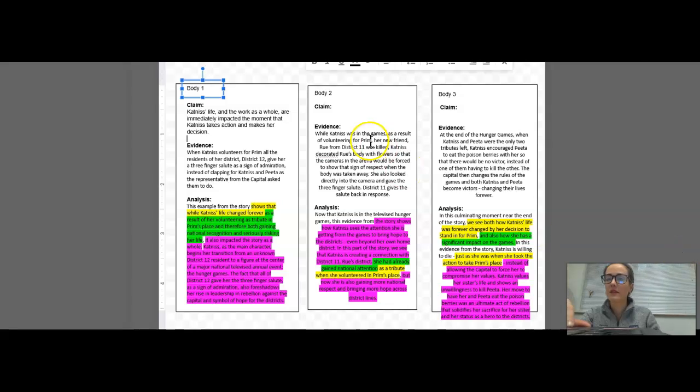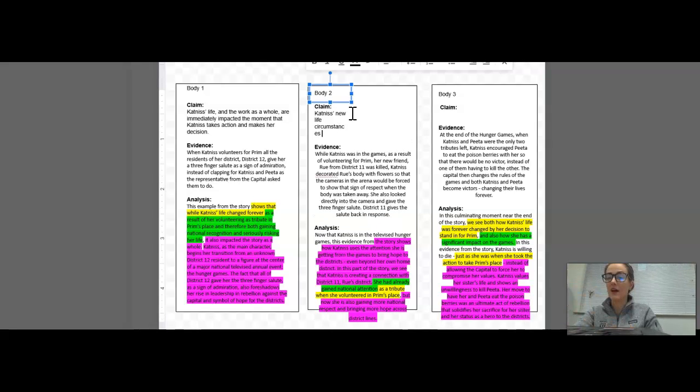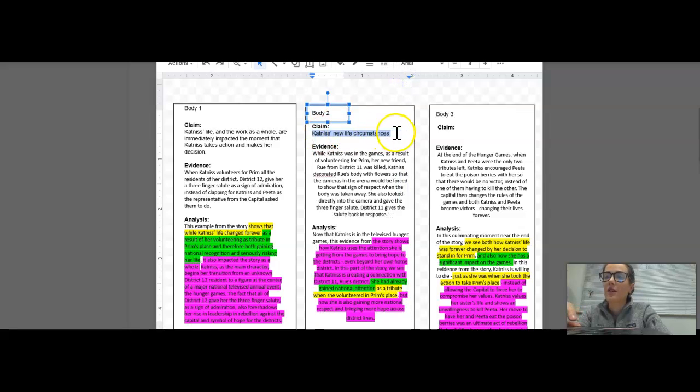So here I'm going to say that Katniss's new life circumstances. So she's now in the Hunger Games. These are very new life circumstances. And these life circumstances are a direct result of her choosing to take her sister's place in the Hunger Games. Circumstances would not be happening if she had not made that choice, right? So Katniss's new life circumstances